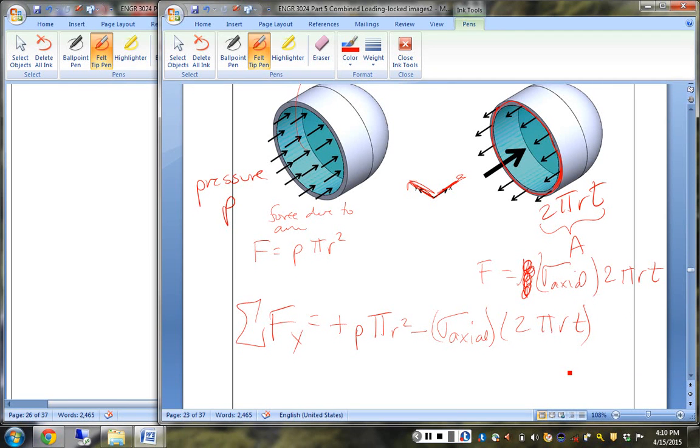Would you say that this is reactionary force from the other one? This guy? Yeah. Yes. So the big arrow is like the equivalent force of the pressure. So we've got all this resultant force of the pressure that wants to head this way, counteracting that, you've got the stress in the shell itself. That's our equilibrium balance. Pressure in one way, stress in the other. Multiply those by the respective areas, and you get this, and that is equal to 0